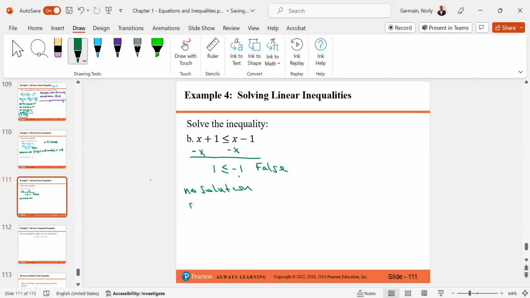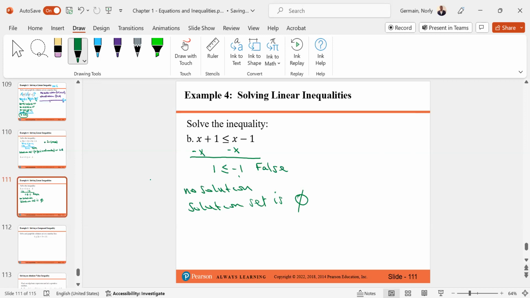Or you can say the solution set is empty. This is the empty set symbol we used to write, okay? So if you write it that way, it's correct as well, okay? It's correct as well. That's very important, all right? Now,